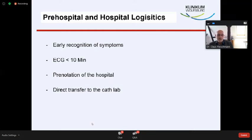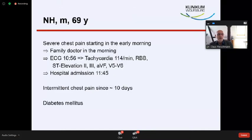And when the patient comes, unless he's hemodynamically unstable, he's not going to the emergency department, but directly to the Cath lab. And these logistic points are very crucial to have a good medical result. Logistic optimization, additionally to optimization of the procedure in the Cath lab. And this is a very important message I want to give to you, and this is why I showed you